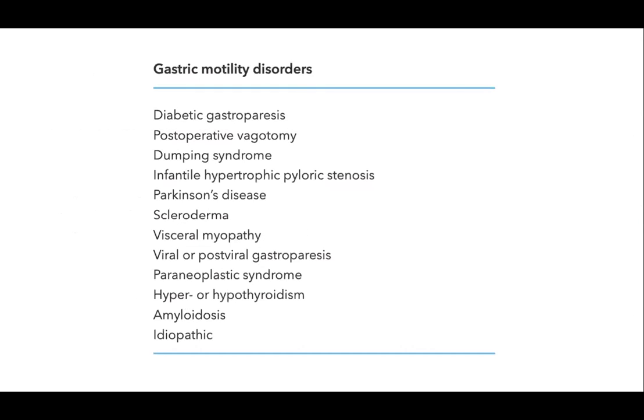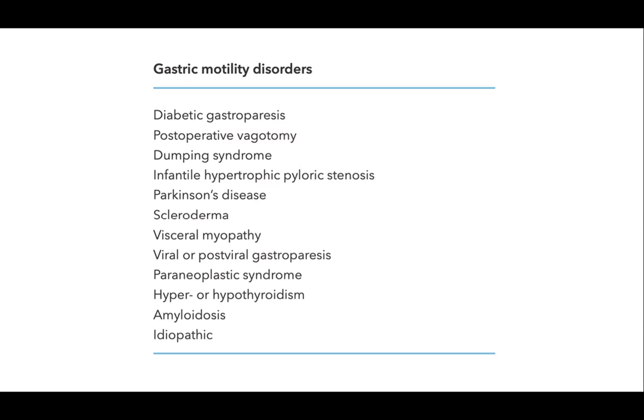So let's get to the clinical side. You guys are probably thinking, I don't care about any of that stuff you just said, but let's talk about what functionally matters for you in your clinic and sometimes on the wards, where gastroparesis is thrown around quite a lot. But I think it's always important to know how a normal stomach functions, why it functions, and then what can go wrong with it. This table shows the different things that can affect gastric motility. It's easy to say this is gastroparesis, but as internal medicine doctors, you have to think there's a variety of different things that can affect that, whether it's a systemic or rheumatologic condition or a primary neurologic condition.